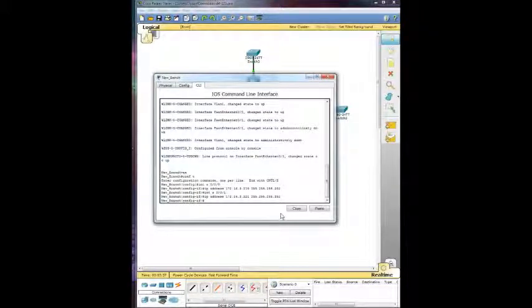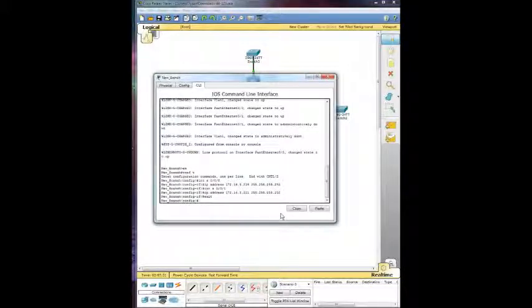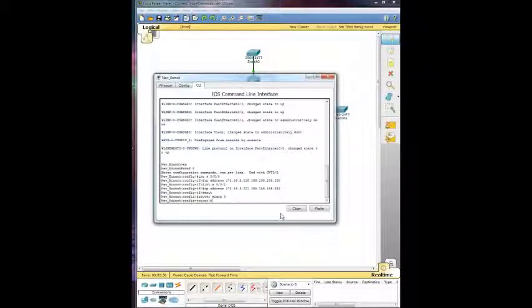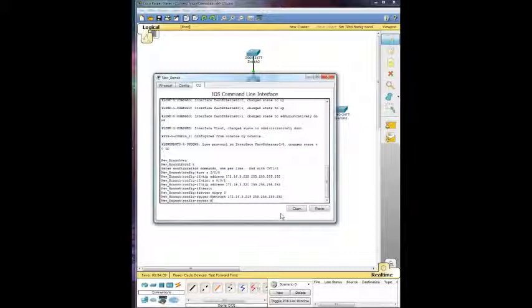Enter that. Alright, and then what it wants us to do is go ahead and enable EIGRP and then advertise directly connected networks. So the way we do that is we're going to go back to configure, and we're going to do router EIGRP. It wants an autonomous system number of 3. And then we're going to do network 172.16.3.216 for one of the connected networks, 255.255.255.252. Do the same for network 172.16.3.220,